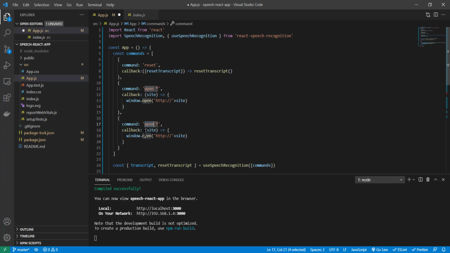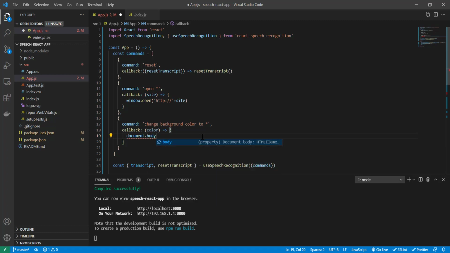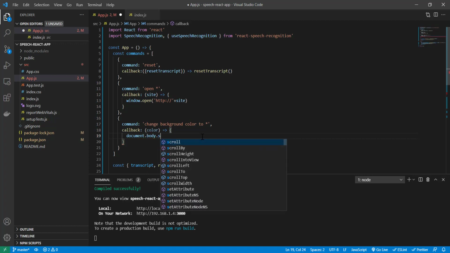Suppose I say change background color to, and then give the string, and here we can pass the color, and then we can say document.body.style.background.